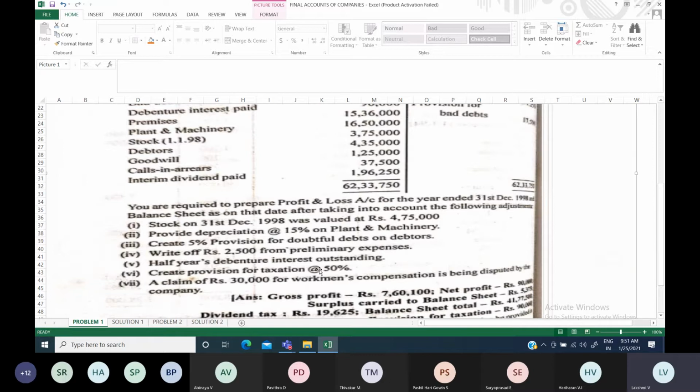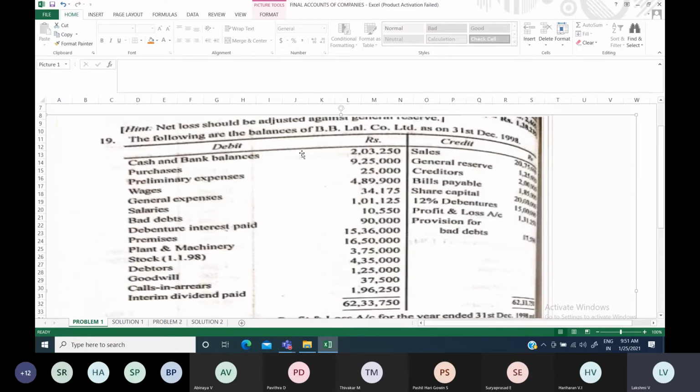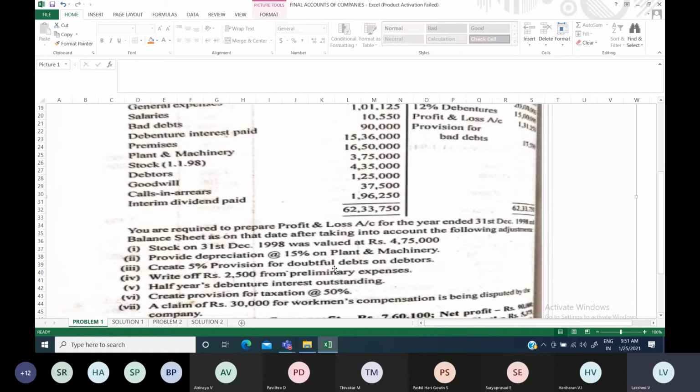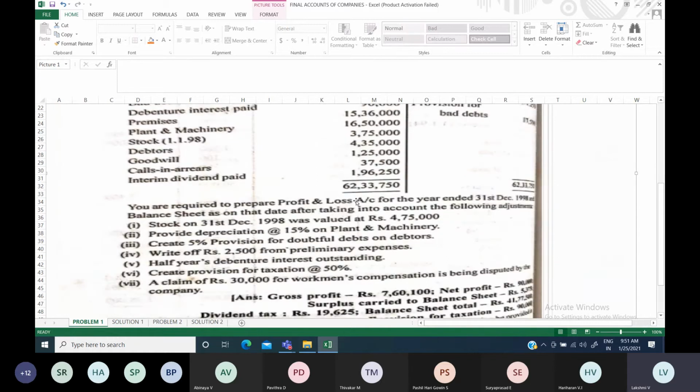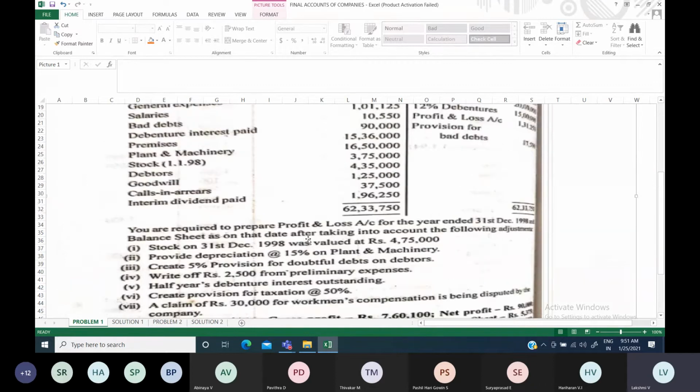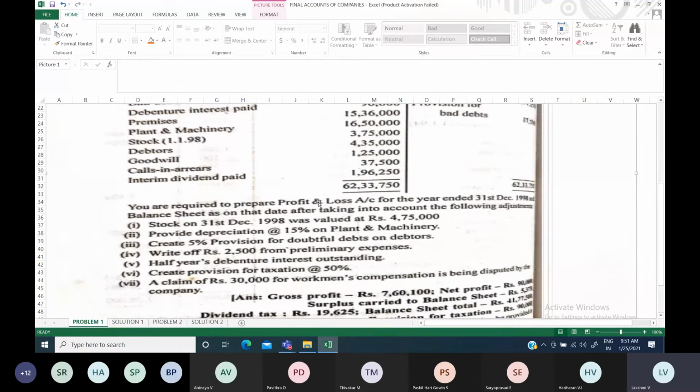Any item should come under trading account or any item should come under profit and loss account, just verify, then only you will be getting a clear cut idea whether we have skipped anything. Interest on capital and interest on drawings will not be reflected here, but if they are given, then we have to do the calculation. So better to go through the trial balance as well as the adjustments, all the items, to check whether we have taken everything in proper places.